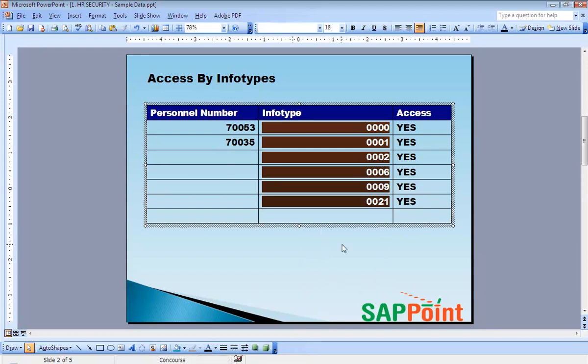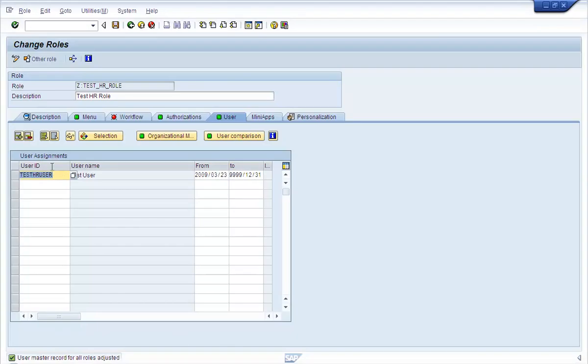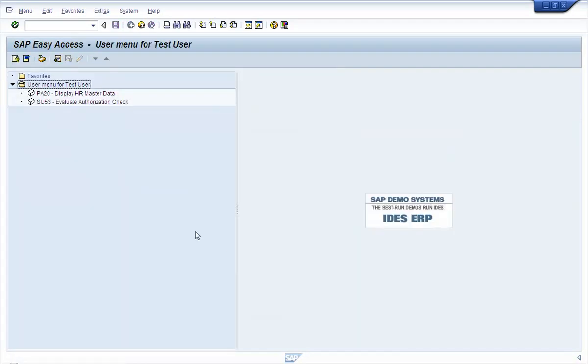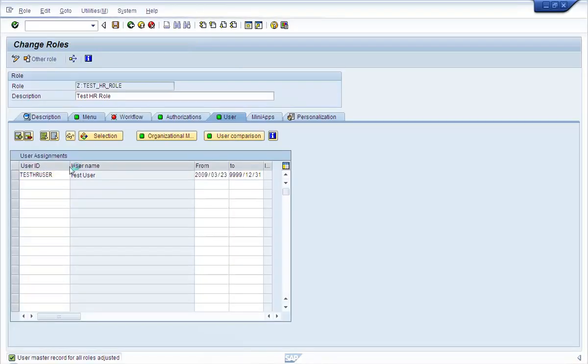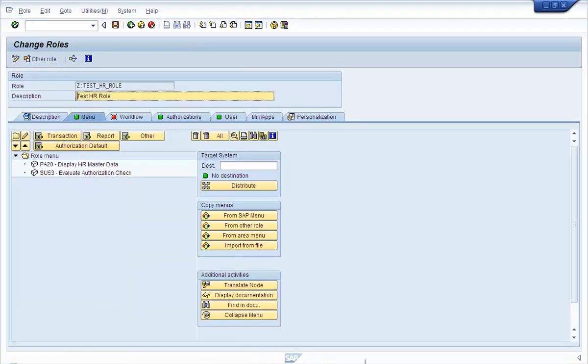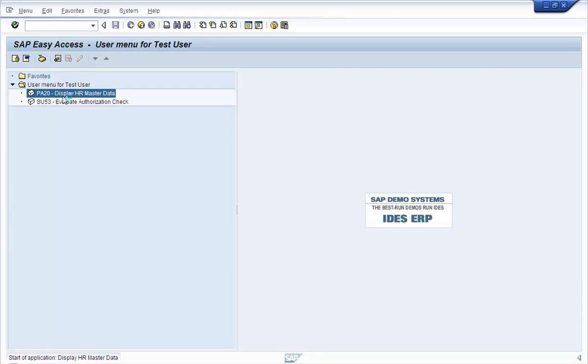So let's log in with this user ID, test HR user. Now let's execute the transaction code P820. We can only see these two transaction codes because these are the only two transaction codes that were assigned to the role. So anyway, let's go and execute P820.